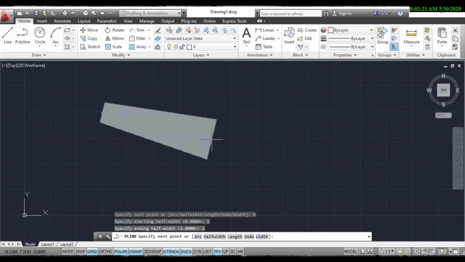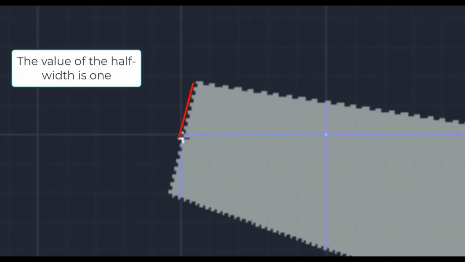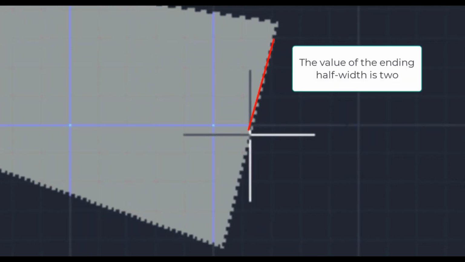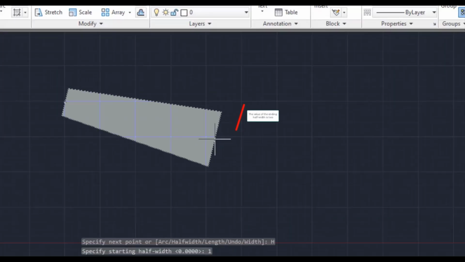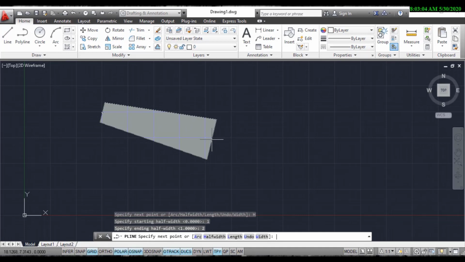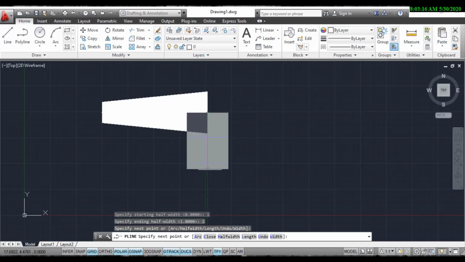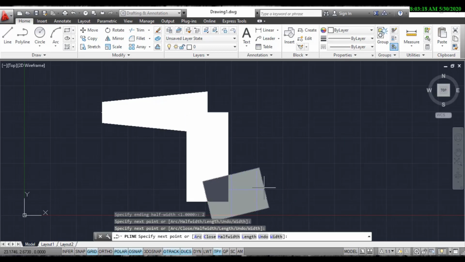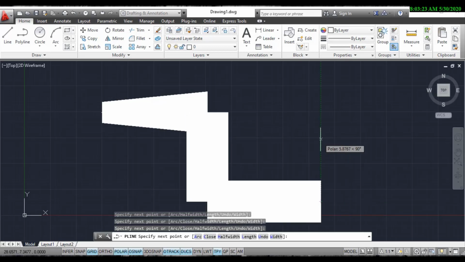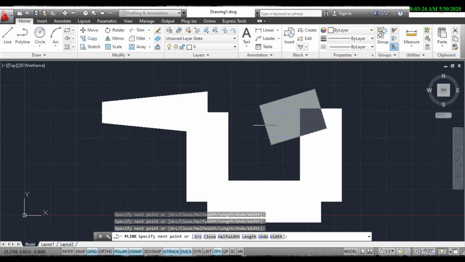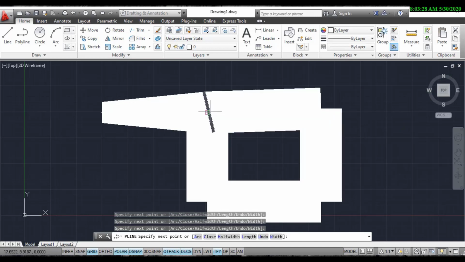Now what we have to know here is that the half width specifies the width from the center of a wide polyline segment to one of its edges as shown here, from this center here up to the end of this edge here. The ending half width in this case is 2. It becomes the uniform half width for all the segments you draw next until you change the half width. So specify the next point. And now all the following lines you draw will assume the half width of the last segment that you enter. As you can see,